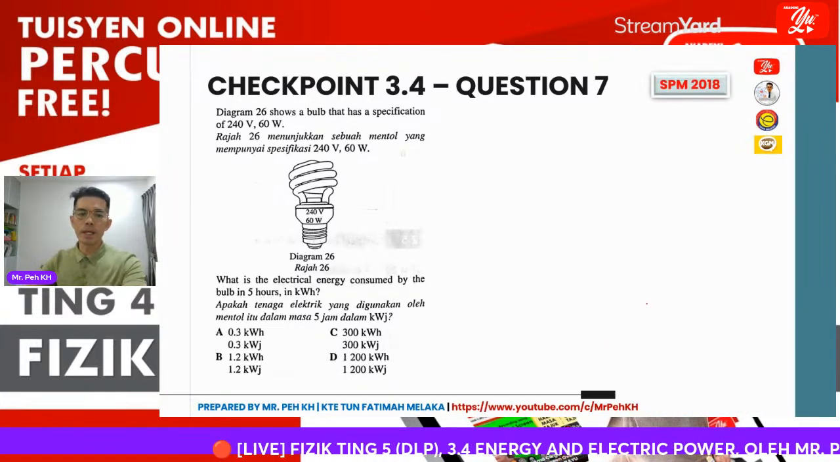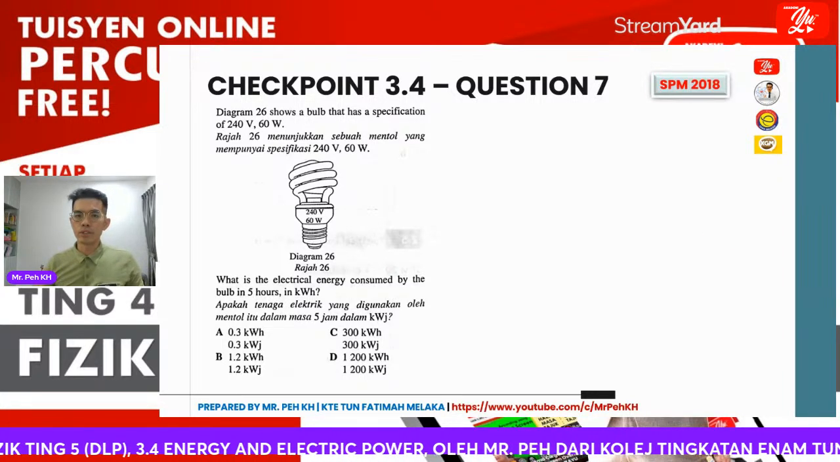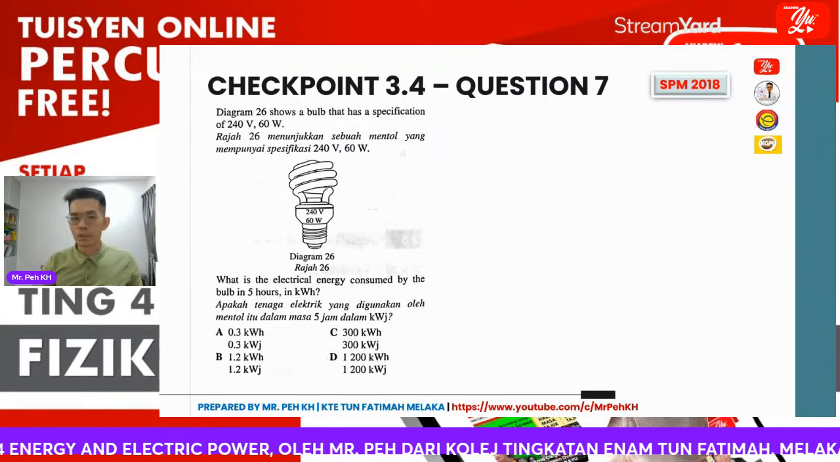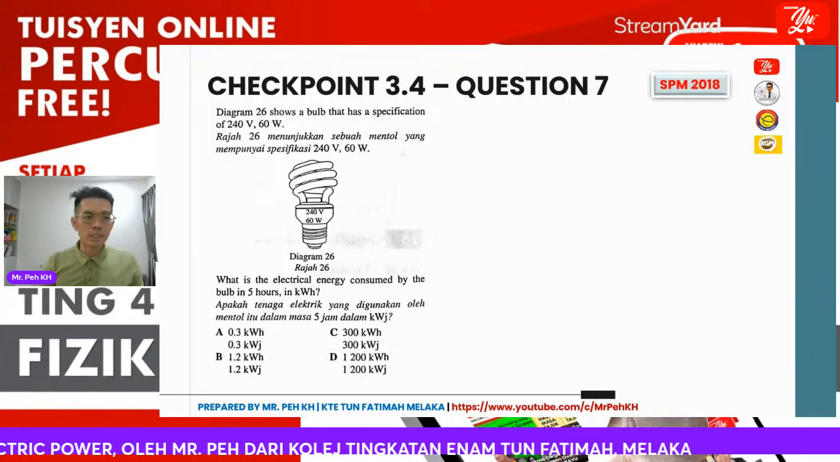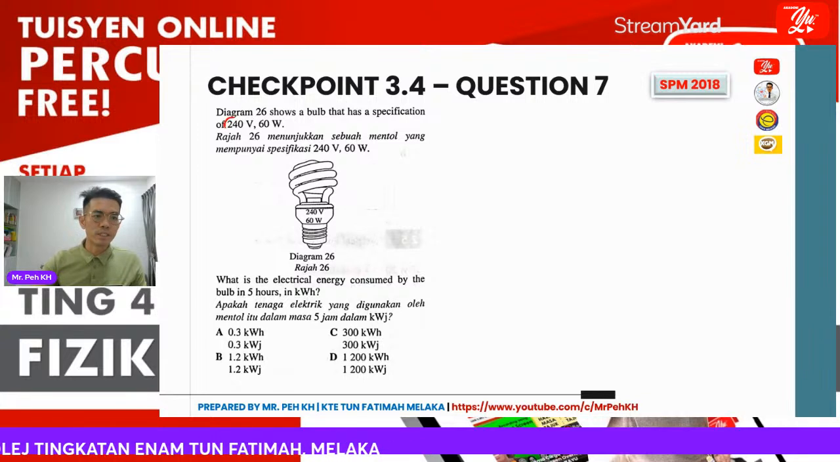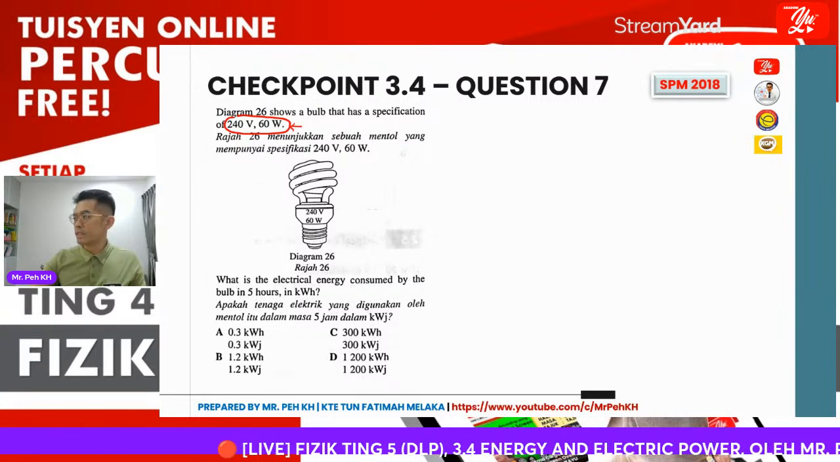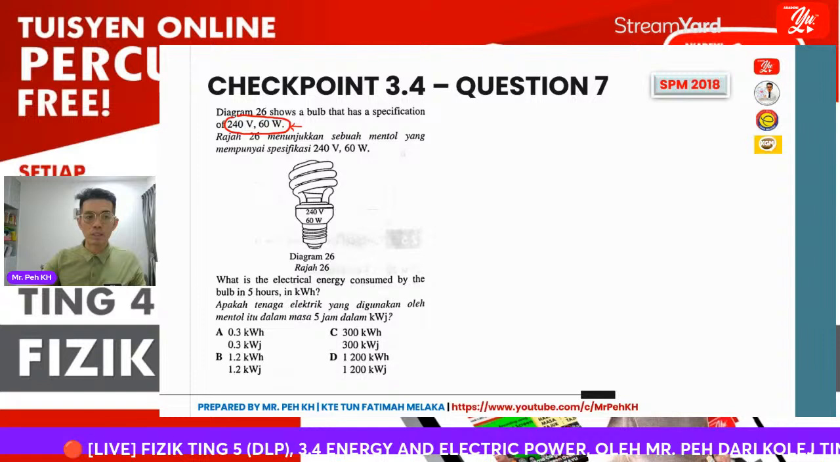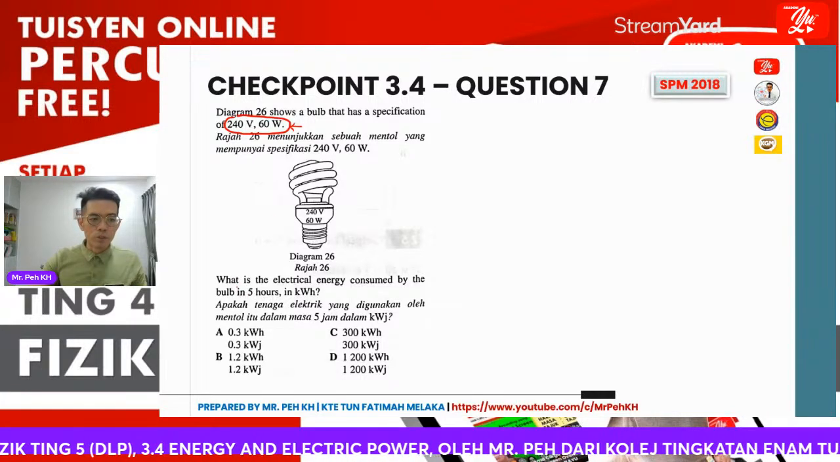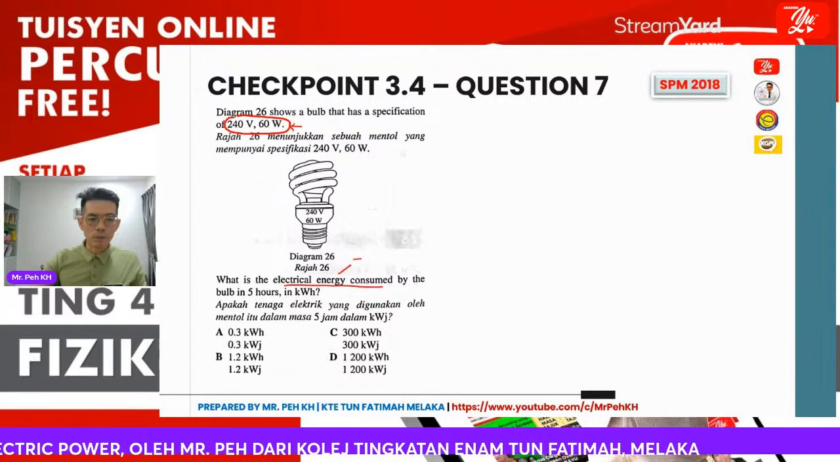Okay, so let us try together one of the questions related to Learning Center 4. This is a question from 2018. Diagram 26 shows a bulb that has a specification. Again, you can see we have the information given: 240 volt, 60 watt. This is the power rating label, which you may see on most electrical appliances. So what is the electrical energy consumed? Again, we want to find the value of E